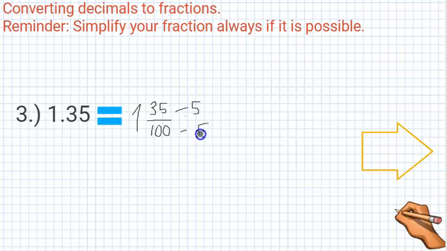I'm gonna divide by 5 right here, but you're gonna ask me, what's gonna happen to the 1? The 1 stays the same. So I'm gonna rewrite 1, okay? I have 35 divided by 5, which gives me 7. And then I have 100 divided by 5, which gives me 20. Right there, I just found my final answer. So from 1.35, my total is 1 and 7 out of 20 as